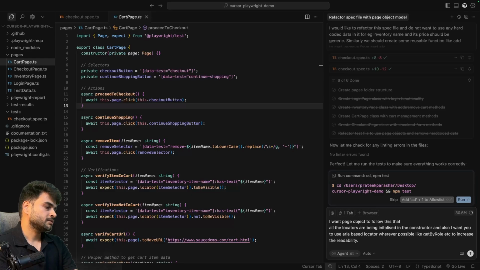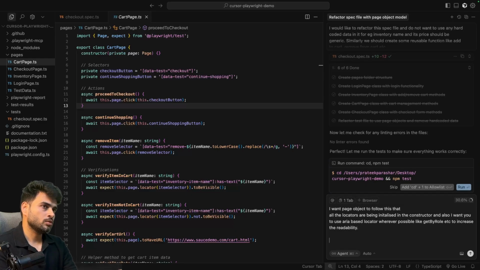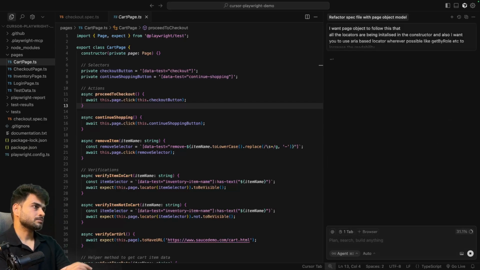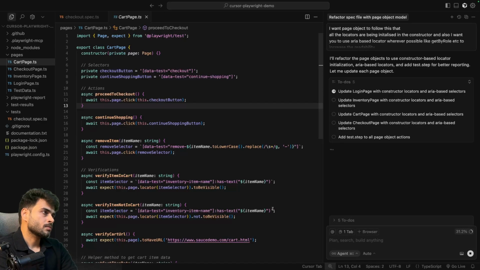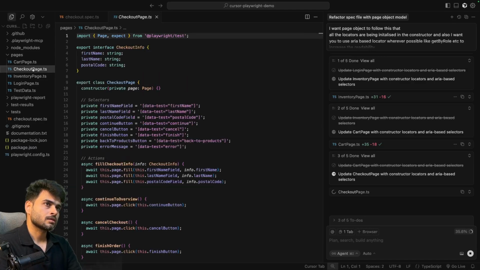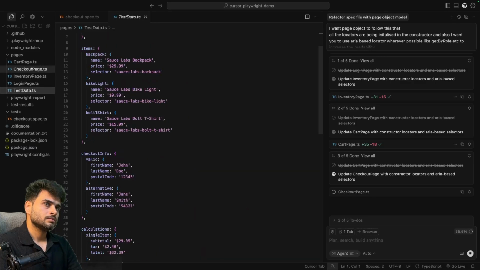Okay, let's do that. Also, one more change I would like to add here is test.step. So I also want to add test.step in all the actions so that our reports are readable. Okay, let's see this in action. Okay, and I think it has refactored all the page objects as we wanted. So yeah, basically I wanted